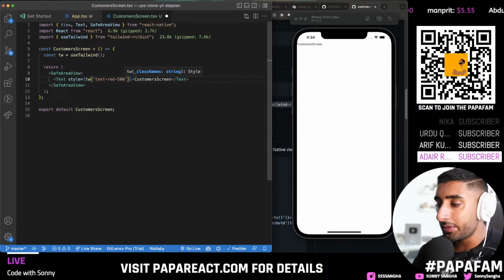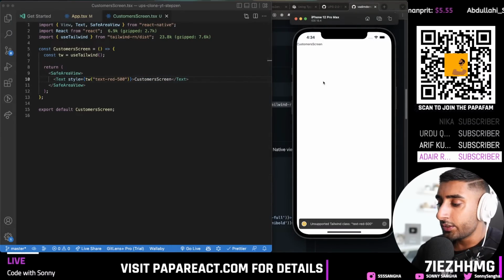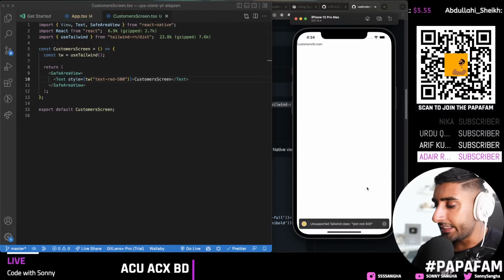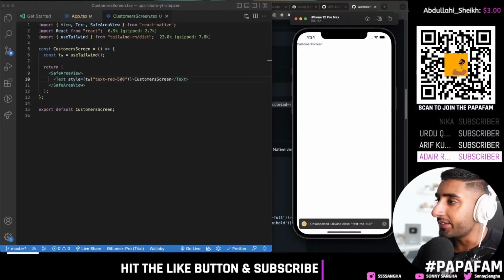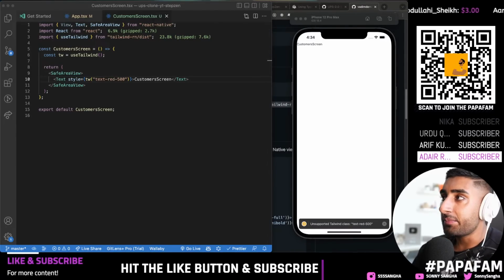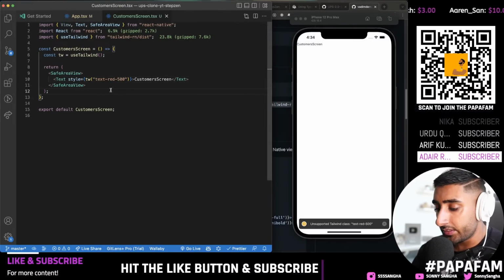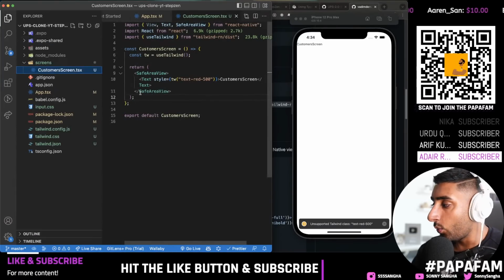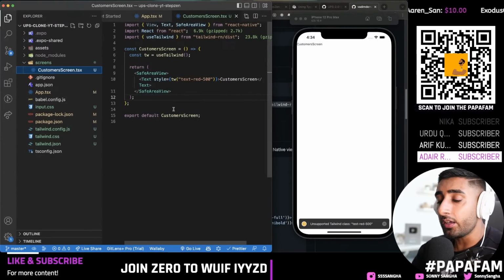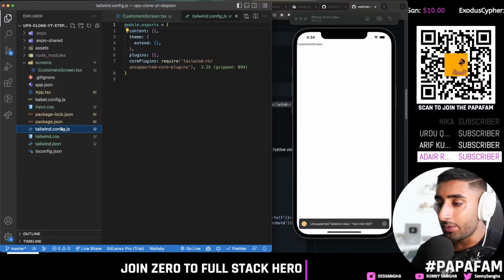So here I'm writing a Tailwind CSS utility class. Now, you're probably wondering, Sunny, it didn't go red. Why didn't it go red? Well, that actually makes sense, and I'm going to show you why. So whenever we use Tailwind, we have to tell Tailwind which folder or which files it needs to look out for. So head over to